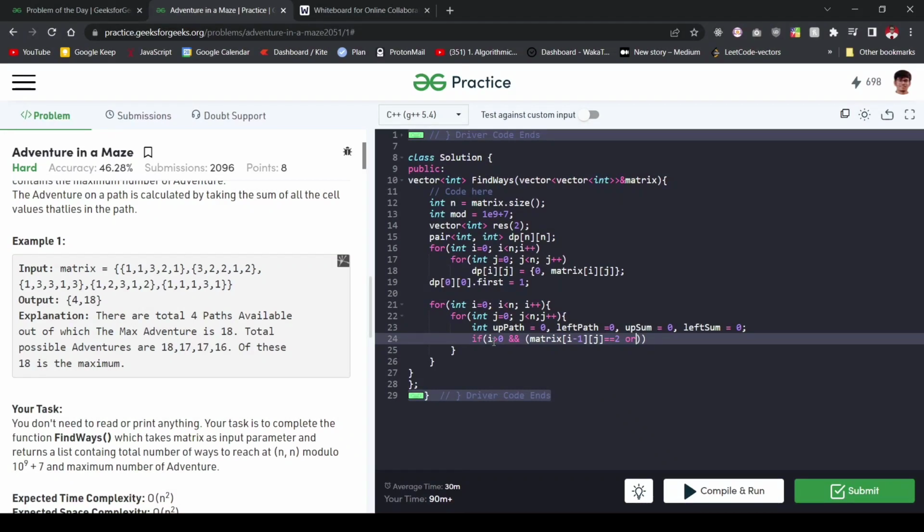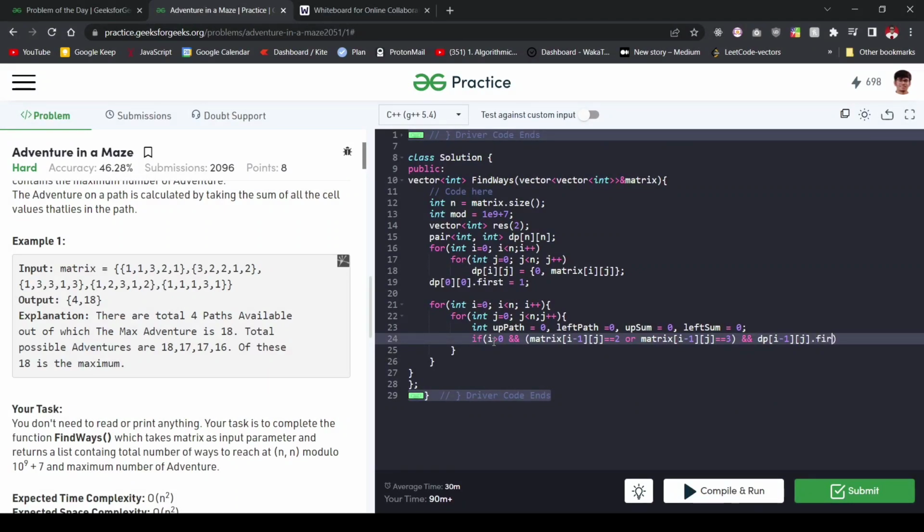And we'll be checking if we have the value 2 or the value 3. So we'll be checking again for the same upward cell, and if it contains 2 or 3, and if its dp value is well not 0, then in that case we'll be computing the path value. So this is a simple check we are doing just to optimize the code. So dp of I minus 1, j,